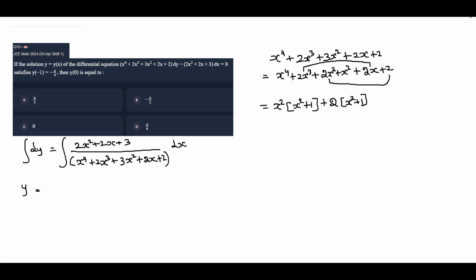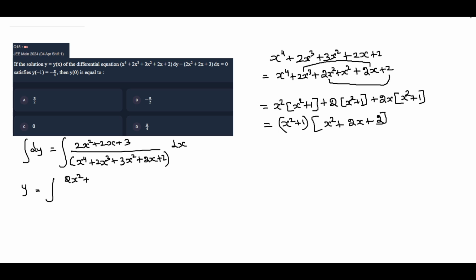Now take 2x common, 2x³ and 2x, it will again be (x² + 1). Now in all the terms take (x² + 1) common, so the remaining term will be x² + 2x + 2. Okay, using this factorization here,